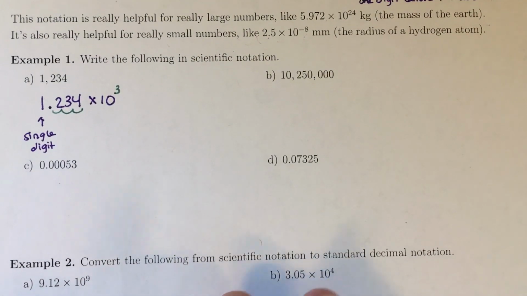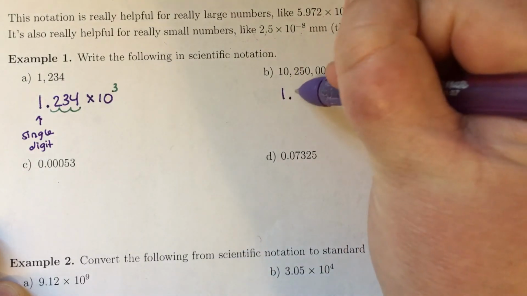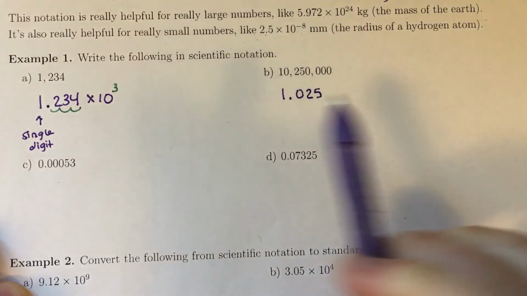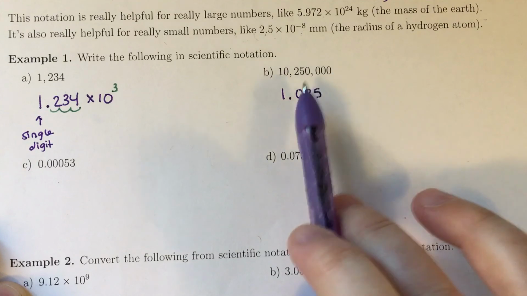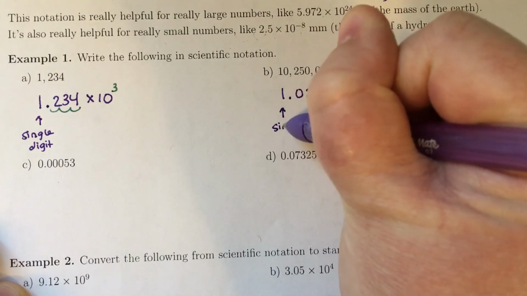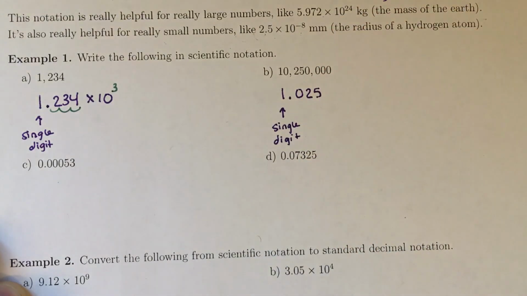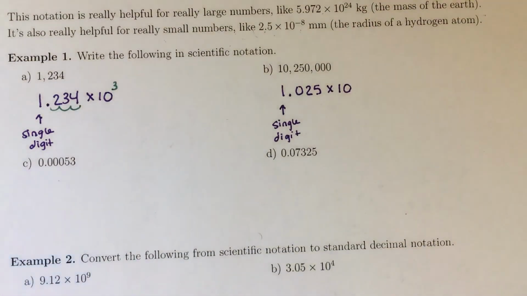Let's try some more of these. So part B, first step is to write it with a single digit in front of the decimal. Now anything that's zeros I don't have to write, because remember it's 10 to the exponent that's going to add those zeros in there. So I need that single digit before the decimal. It can't be 0, it has to be something not 0. Times 10, and in this case,